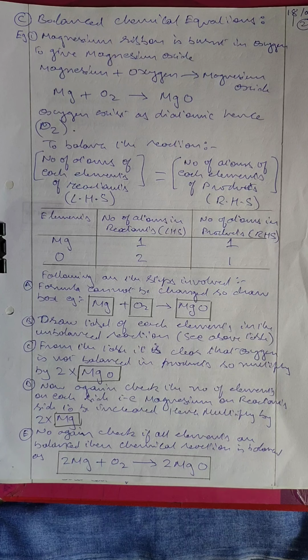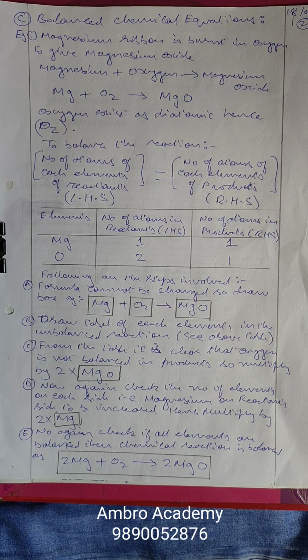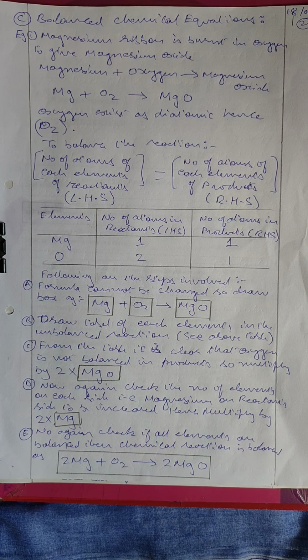Today we are going to start with the second topic of the chapter of science, that is chemical reactions or chemical equations. So now we will talk about a balanced chemical equation. Let's take an example. Before studying balancing the equation, we should first of all know the chemical reaction of a particular example.